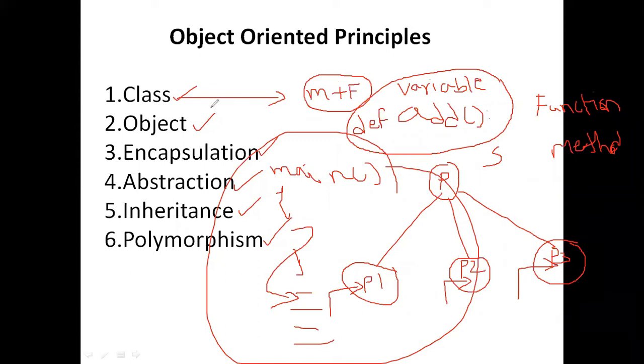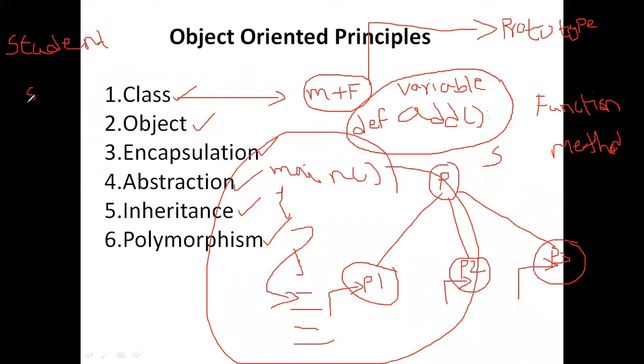Now, what is an object? What is a class? A class is a combination of methods and functions. This we call a prototype, a prototype of a problem. Now, the class does not exist. For example, if I try to define a class student, what is a class student? It's a combination of members and functions.